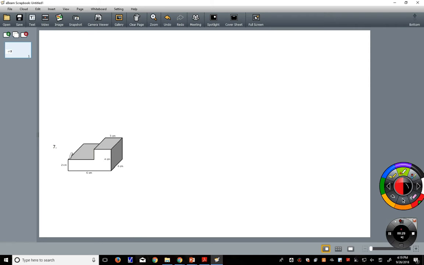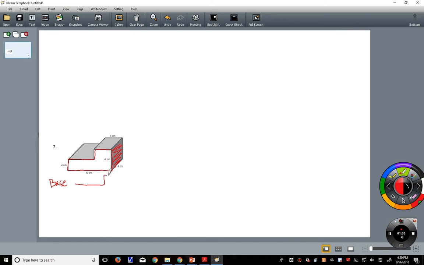we look here at number 7, this L-shaped front-facing part of it is going to be the base. The reason that that's going to be the base is because you have that same L shape parallel to each other in the front and in the back. You cannot say that about any other face of this object. Like if you tried to use this as the base over here, there's not that same size rectangle on the other side. So the only thing that has the exact same size and shape is the front and back with that L shape. So our base